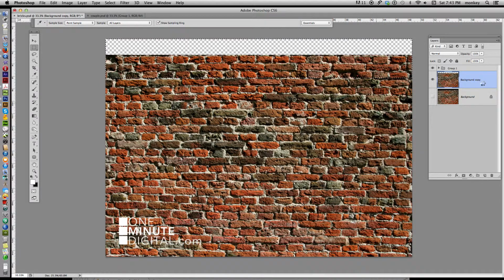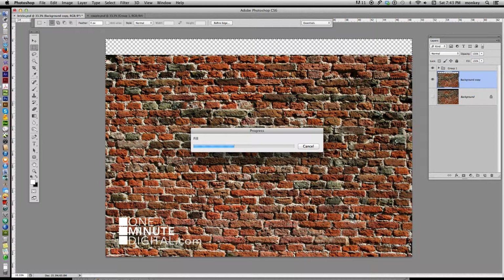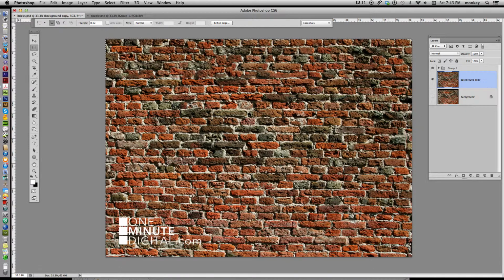Depending on how big your image is, it may take a little while to fill. Just let it do its thing. Photoshop is thinking and making an image out of something that wasn't there to begin with. And there you go. You see how Photoshop went ahead and filled in the background for you, and it's pretty